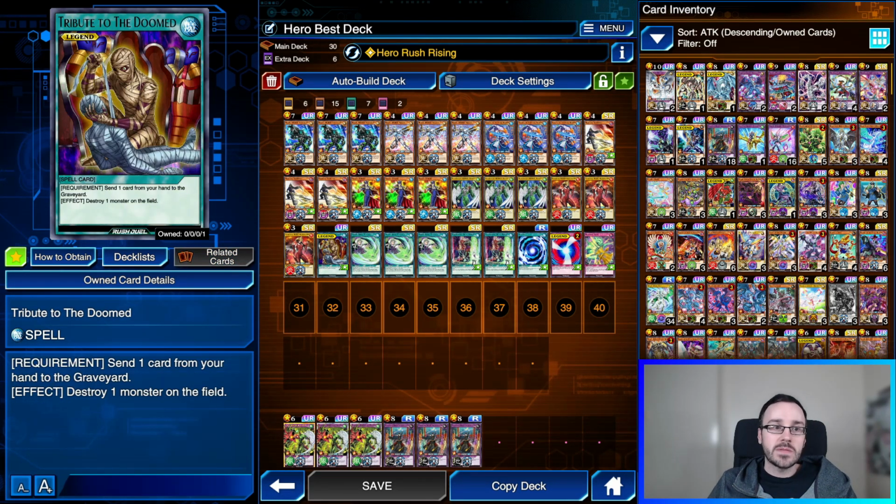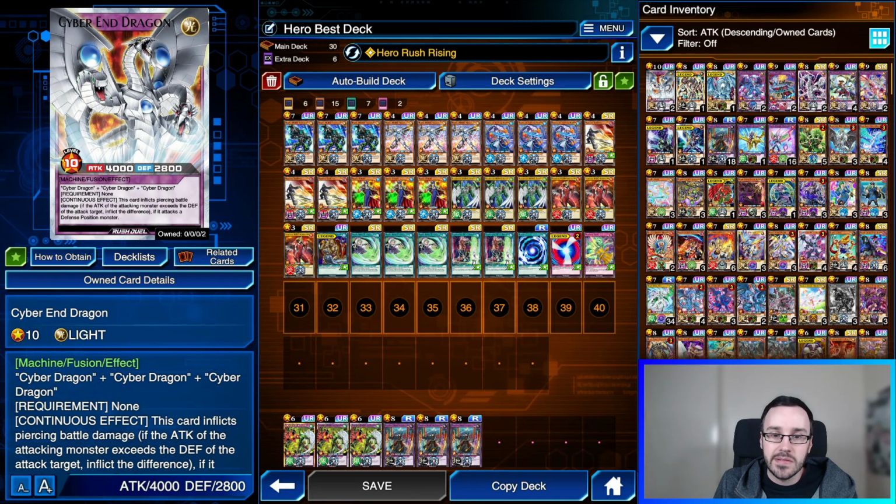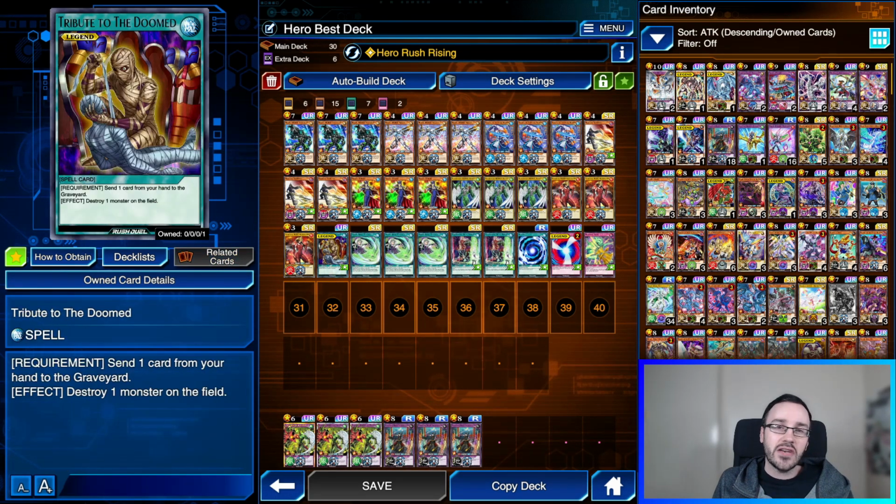Then for our Legend spell, we have gone with Tribute to the Doomed. I want to say it's not necessary, but this deck can struggle to out things like a Maximum. It can struggle to out something like a Cyber End. So having an extra way to out those cards is always going to be really, really useful,